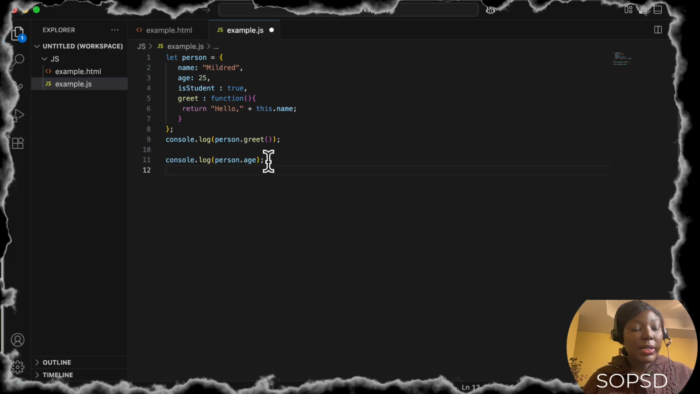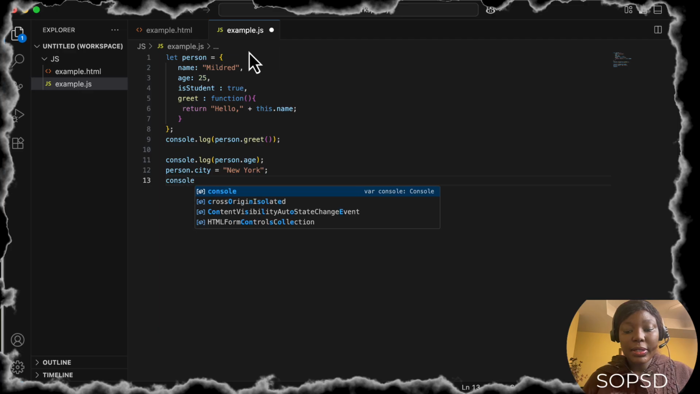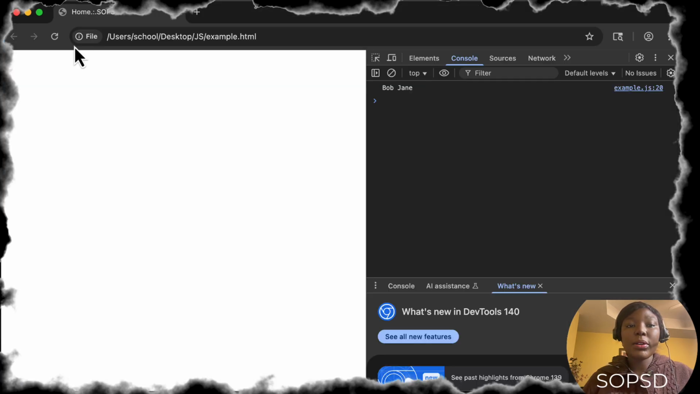So we can also add new properties to this, right? We want to add a new property, city. So we'll say person.city, dot notation, and we'll put a value for the city, and this will add it. Let's say New York, and then we want to say console.log. Let's just log the person in the console, and then when we check our console, we'll see hello Mildred 25